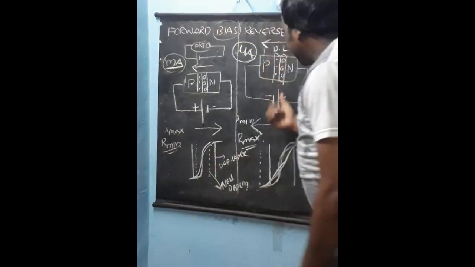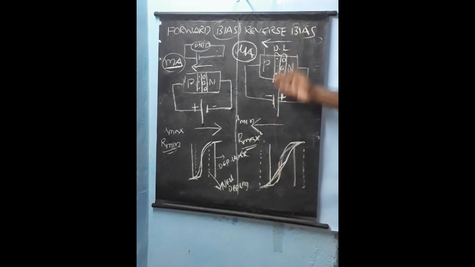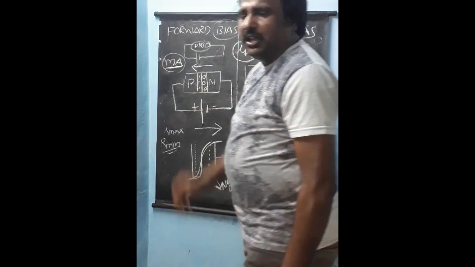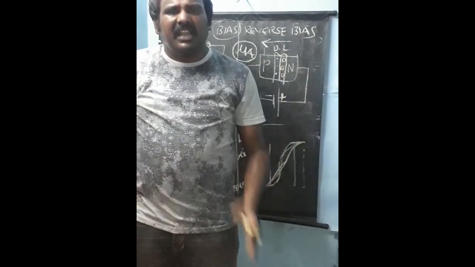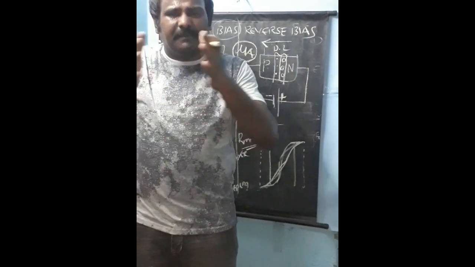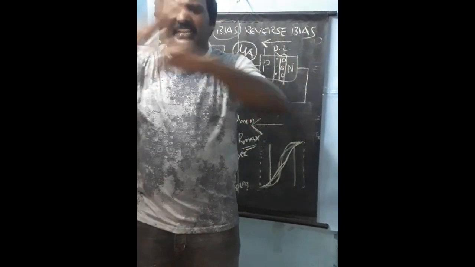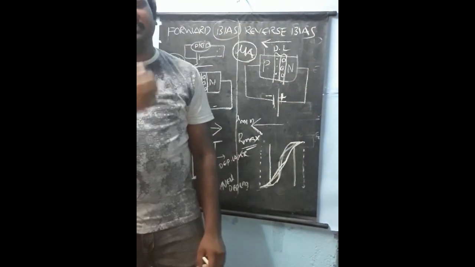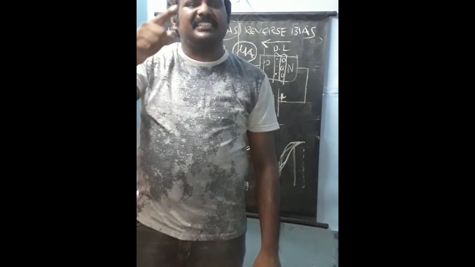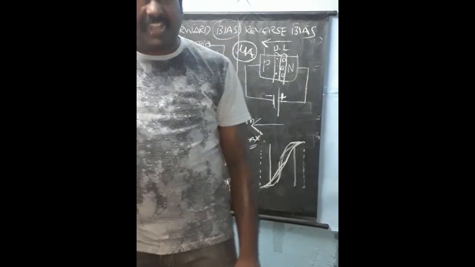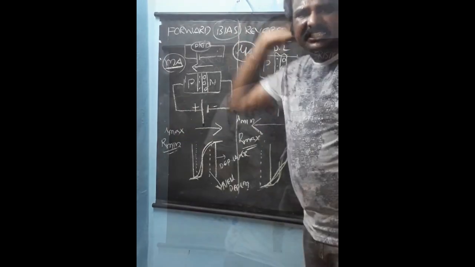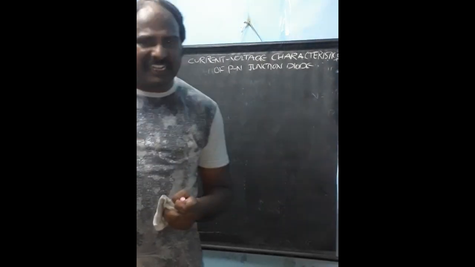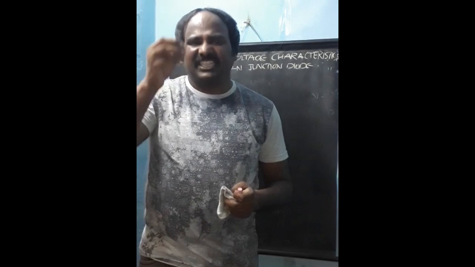In case of reverse bias, both electric fields are in the same direction. So the electric field increases. As the electric field increases, the potential barrier increases, and the depletion layer increases. So as the depletion layer increases, automatically charge carriers from both sides cannot move so easily, and so current is minimum, resistance is maximum, and such minimum current in reverse bias can be measured by using a microammeter. So in the last part we discussed forward bias and reverse bias of the p-n junction diode.